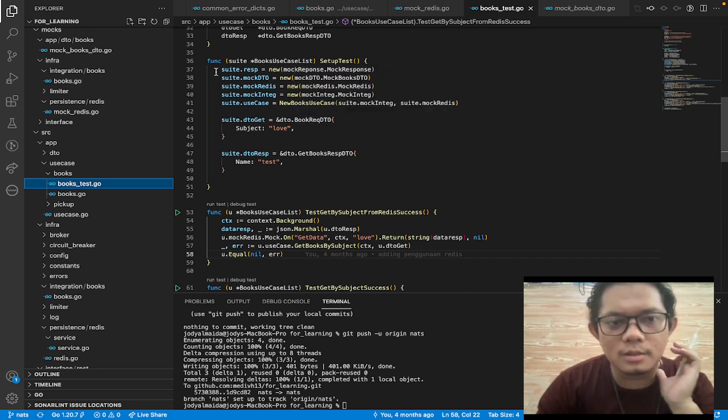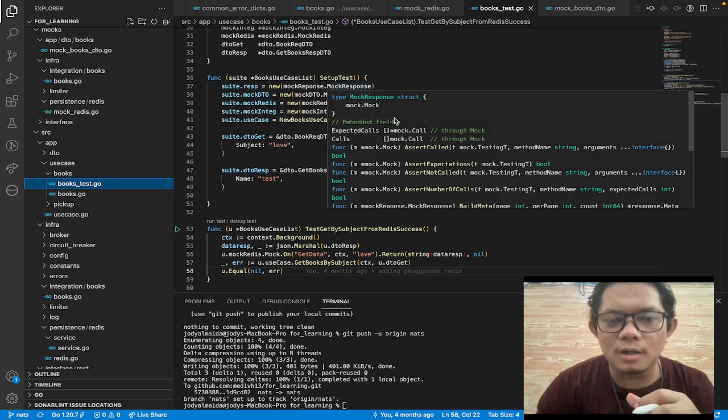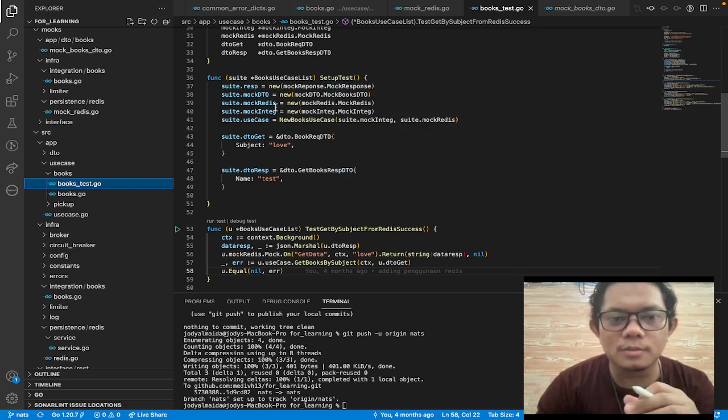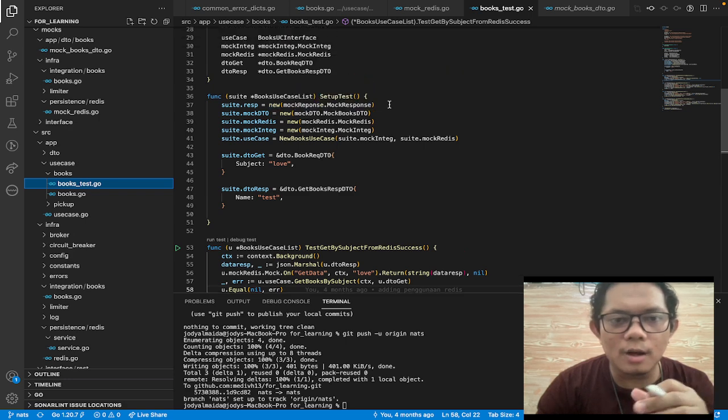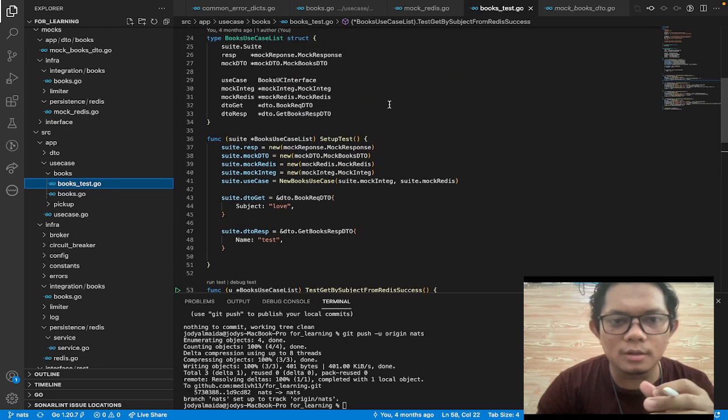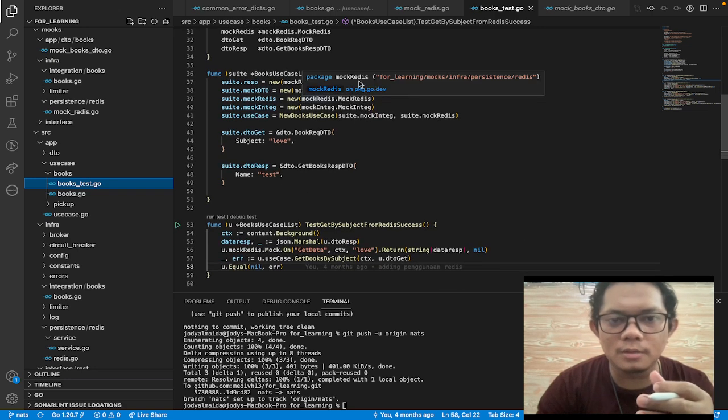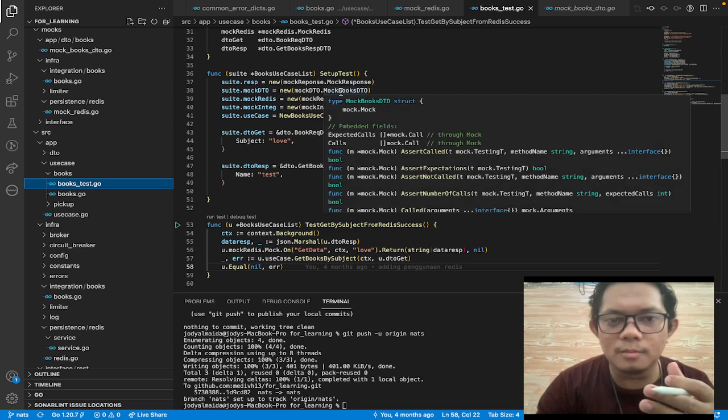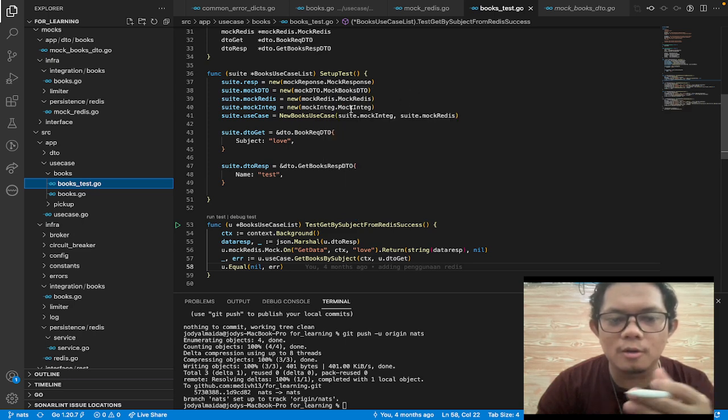So in this setup test method, I call the mockups for all the components we need, like mock response, mock of books, DTO, and mock of Redis, and mock of integration layer.